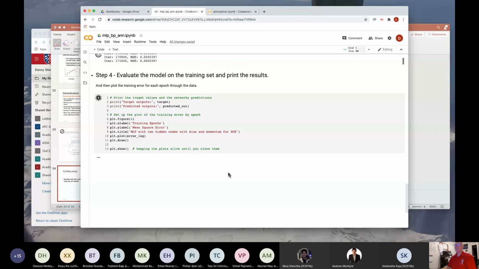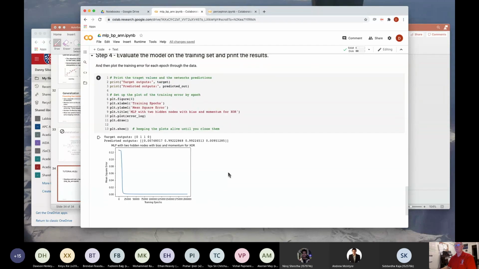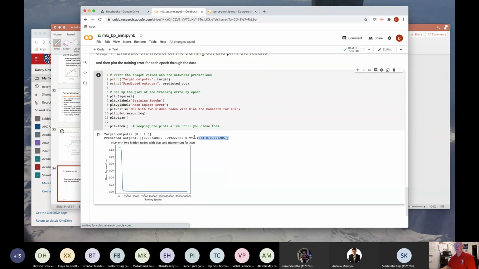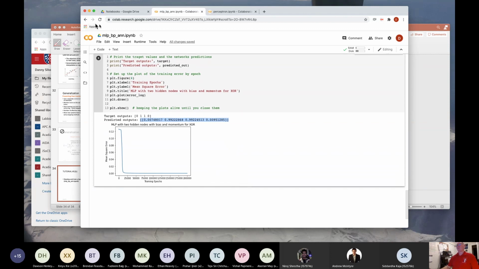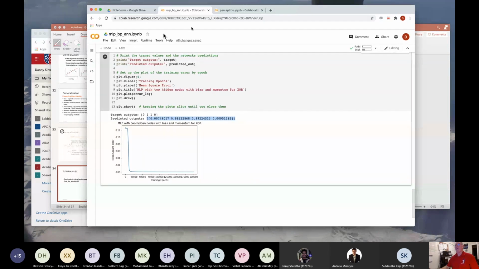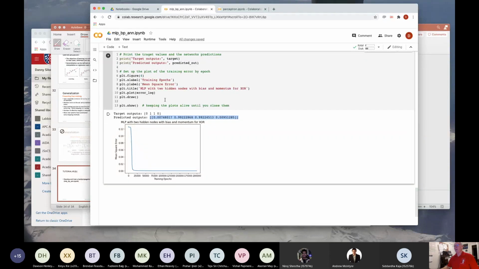So you can even see from this little problem why having a lot of computing power for machine learning is important. So now this is what we're getting: 0.007, 0.99, 0.99, and 0.09 after training. Okay, so I know that was rapid, not as rapid as we'd like, but pretty much on time given our late start.